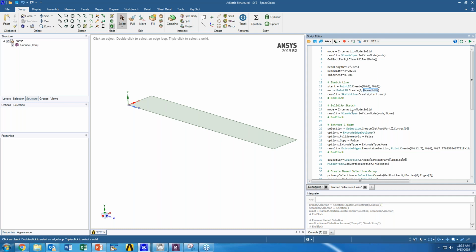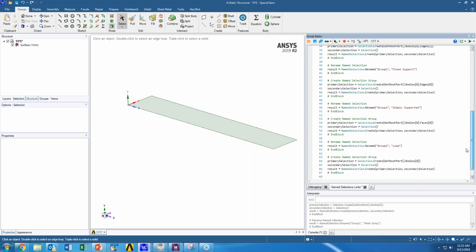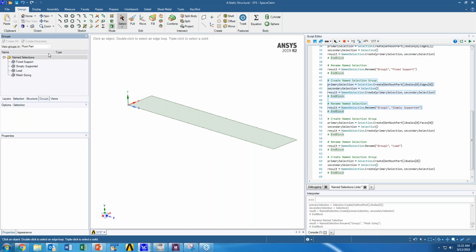So that makes sense from a scripting perspective, but where it becomes valuable is in addition to the CAD creation that I have in the script, what you can also see is I've created a number of name selections automatically in the script, and we can look under groups and verify that certainly there are name selections that have been created under groups.